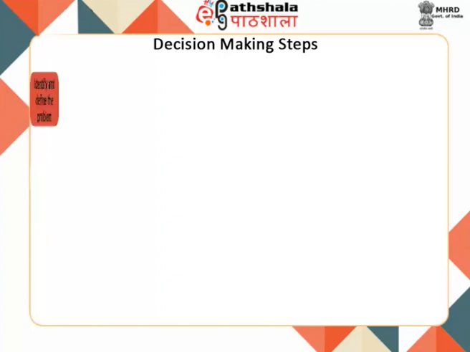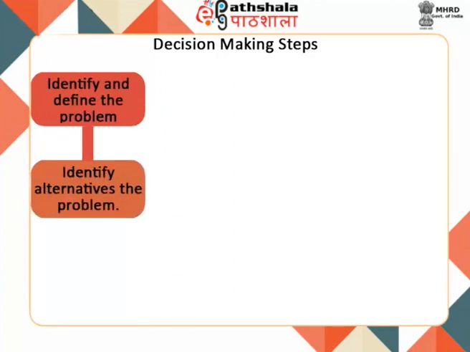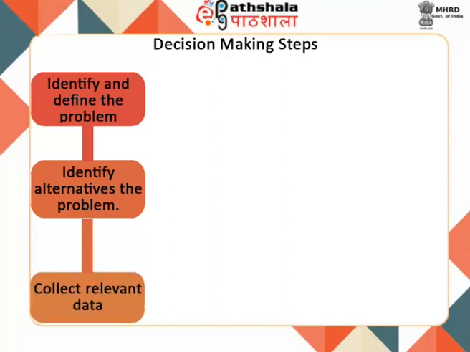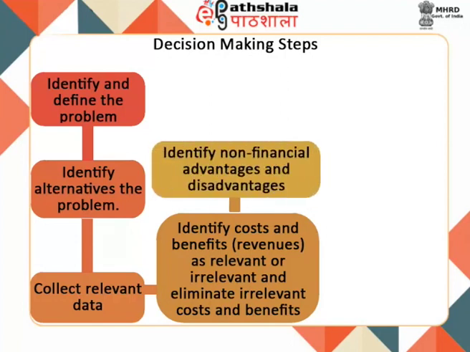These are: identify and define the problem, identify alternatives as possible solutions to the problem, collect relevant data, costs and benefits associated with each feasible alternative, identify costs and benefits or revenues as relevant or irrelevant, and eliminate the irrelevant costs and benefits revenues from consideration, identify to the extent possible non-financial advantages and disadvantages, also known as qualitative factors,